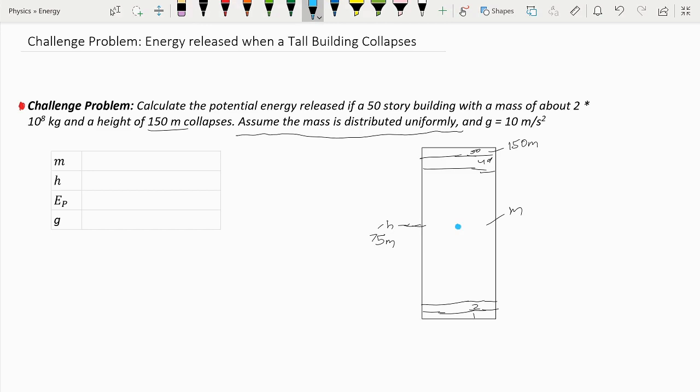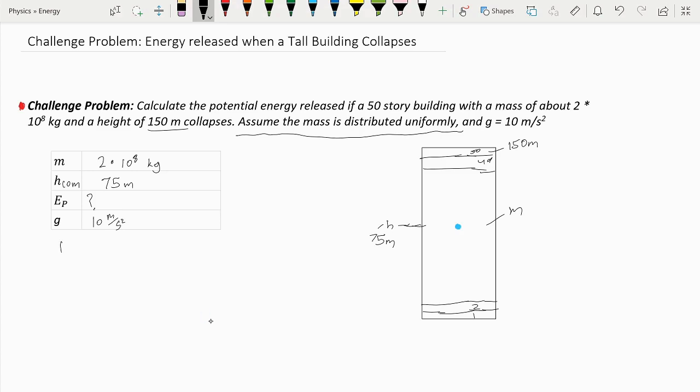So if we go and fill out our table, our mass is 2 times 10 to the power of 8 kilograms. The height, it's the height of the center of mass, and that is 75 meters. The potential energy we haven't calculated yet, and gravity is 10 meters per second squared. So if we were to solve for the potential energy now,